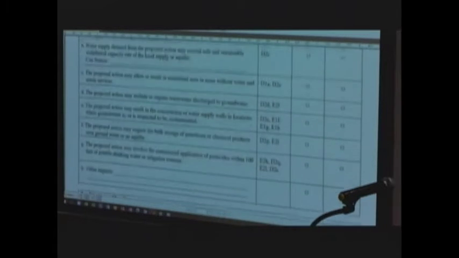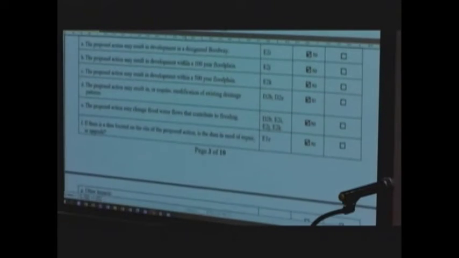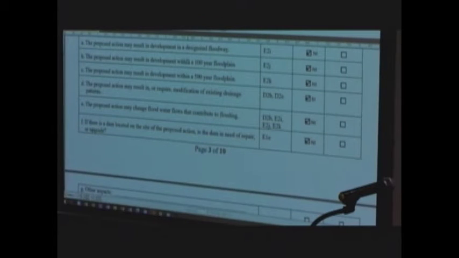Impact on groundwater. There is really no impact on groundwater. There will be a dewatering component on certain aspects of construction. That doesn't impact groundwater. That's more of an erosion issue that we would need to address. Impact on flooding. So that box is checked yes. The northeastern portion of the site does encroach on a 100-year floodplain and then a 500-year floodplain. The work we're doing and the work under phase 1 was outside those limits. So the floodplain considerations are no impact.